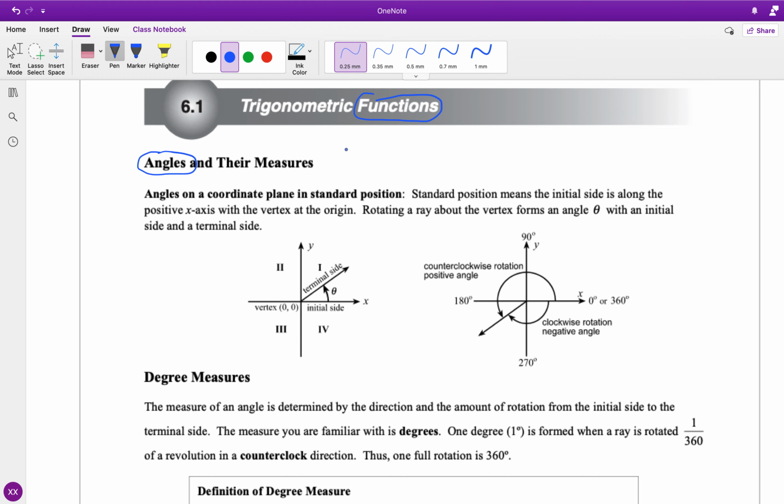Now in secondary school, since grade 10 and 11, especially grade 11, you realize that we don't just write angles with a triangle, where we say there's this angle. We put the measure of angles onto the so-called coordinate plane. So it's this one. Then we've got the initial arm and the terminal arm, and this one is our angle. And when the terminal arm moves,